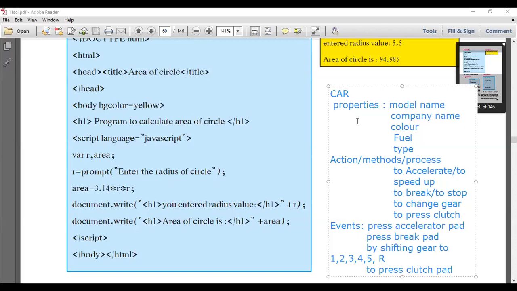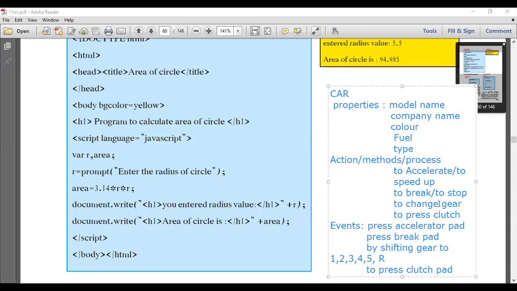So always keep in mind, this is the structure of an object oriented scripting language or object oriented programming language. Each and everything depends upon the object. So see here, car is an object, and these are the different things which we can carry out on the object.